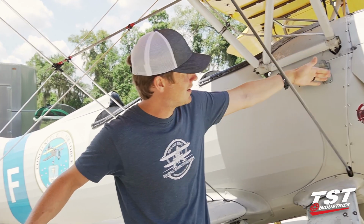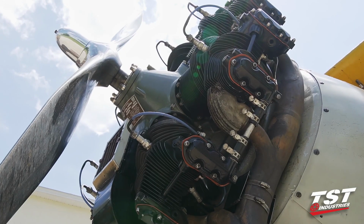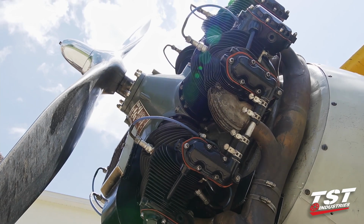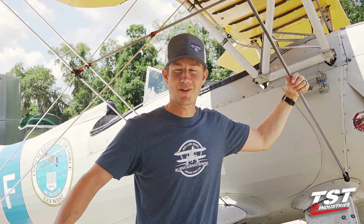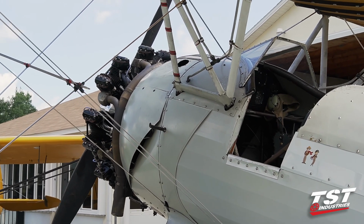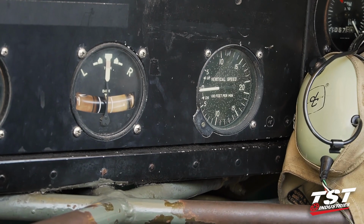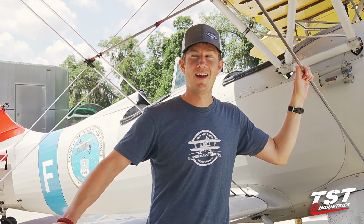It has a Continental 670 cubic inch engine on the front, which sounds like a lot, and it's gonna have a lot of power. Well, it's got 220 horsepower, and this thing's kind of a heavy horse, so it doesn't perform really well in the climb, so it takes a while to get up there, but once we get some altitude underneath this, it is a ton of fun. And like I said, we do some skydives out of this one. And then over there, we've got...